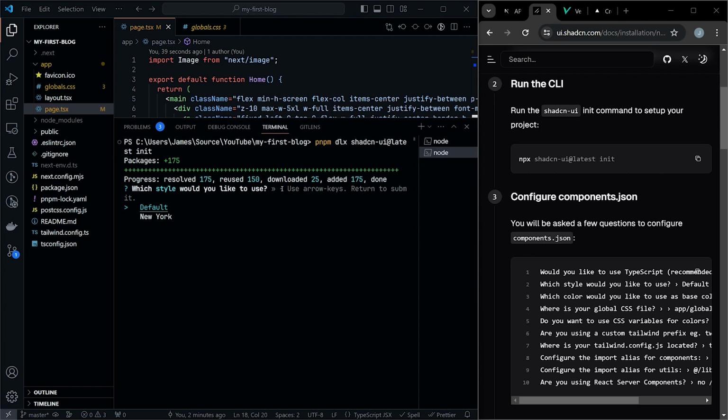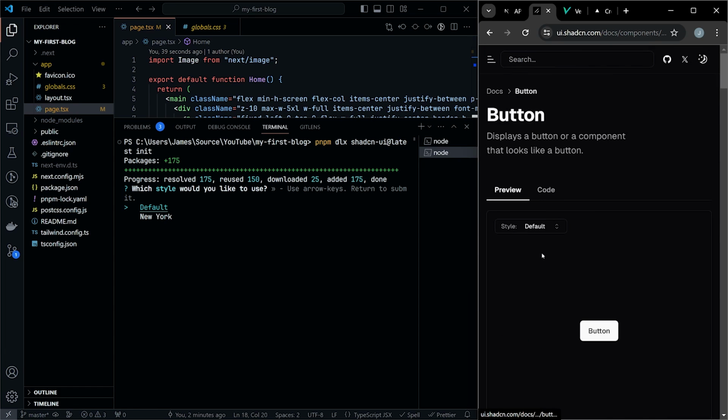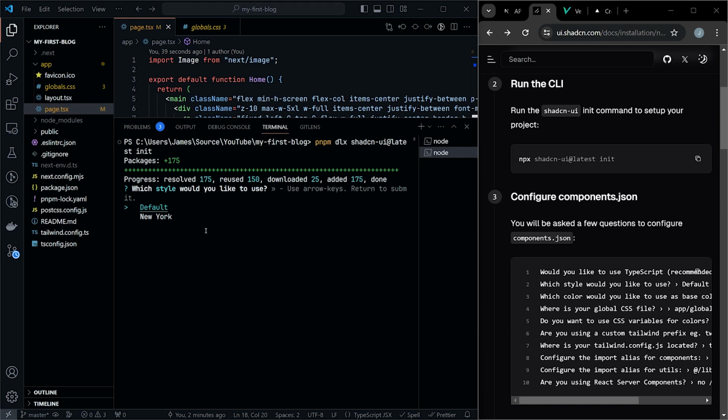Now, this isn't a shadcn UI tutorial, but it's going to ask you what style you'd like to use, and just to show you quickly, if you go to any of the components, you'll see there's a little style picker here, and you can choose between New York and default. The main difference seems to be New York looks a little more compact, and it won't actually change the outcome of this tutorial based on what you select there. So, I'm going to leave it as default,